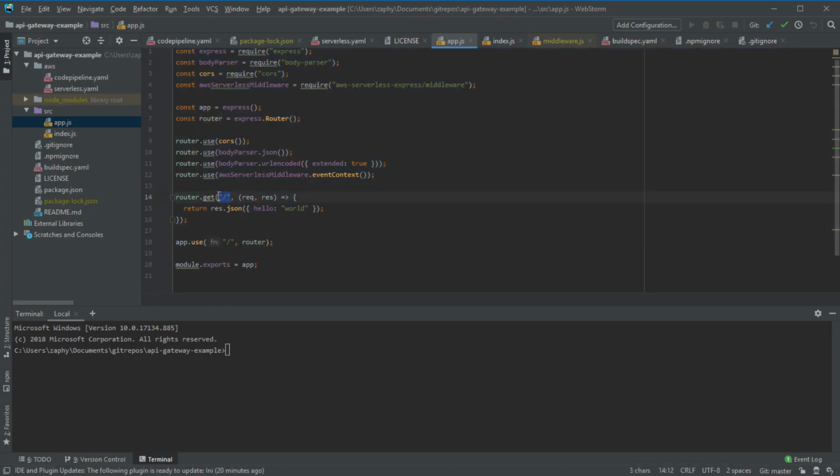If I get a request at /, I'll execute this function. If I put in router.get like /user and so on, I'll return